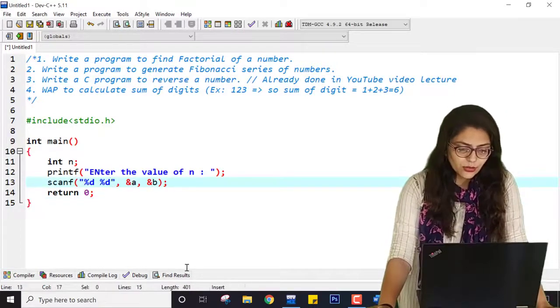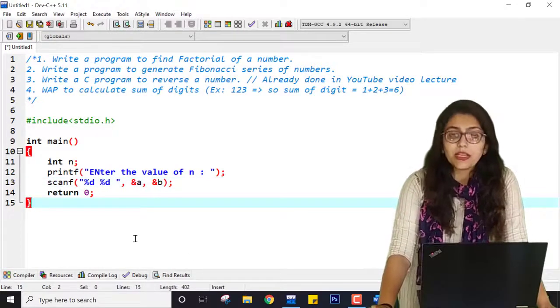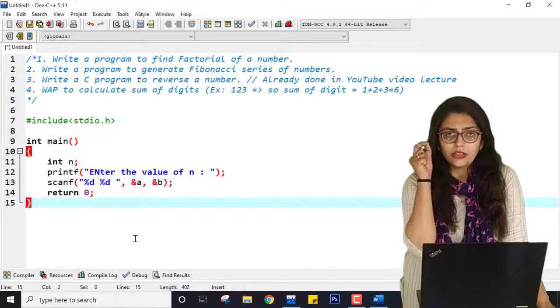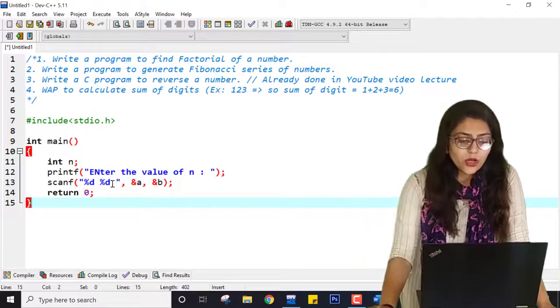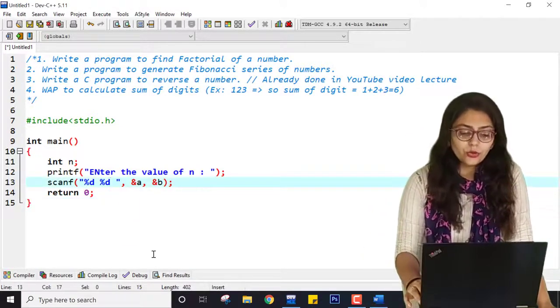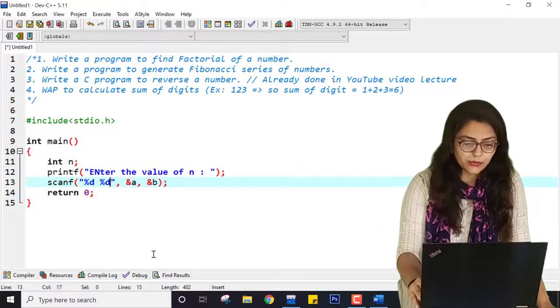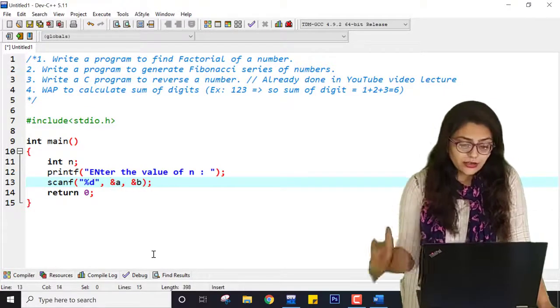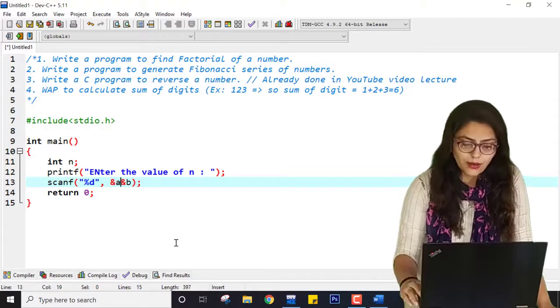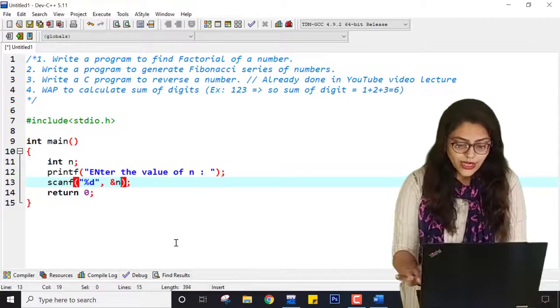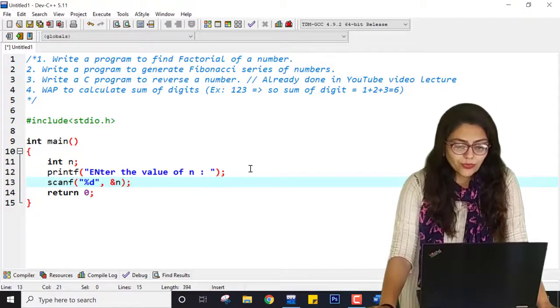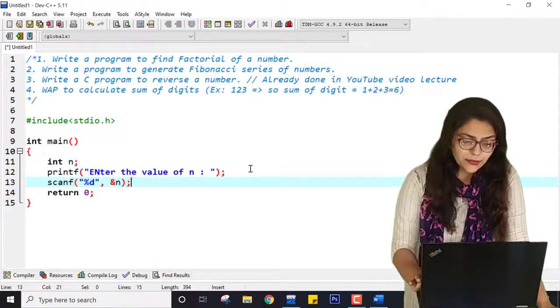Suppose here it is A and B. But some students give a space between the %d and the double inverted commas. So this is wrong. It will let you enter 3 values at a time. I just remembered this mistake of one student, so I am clarifying it right now. Now you can take the value of n from the user by using this statement.